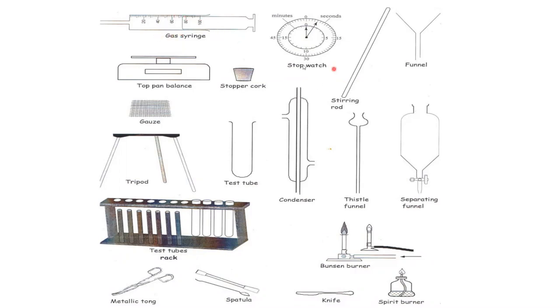This is a gas syringe, stopwatch, funnel, stirring rod, stopper, a top pan balance, a gauze, this is called a wire gauze, a tripod or a stand, a test tube, a condenser, crystal funnel, separating funnel, Bunsen burner, spirit burner, knife, spatula, metallic tong, test tube rack,